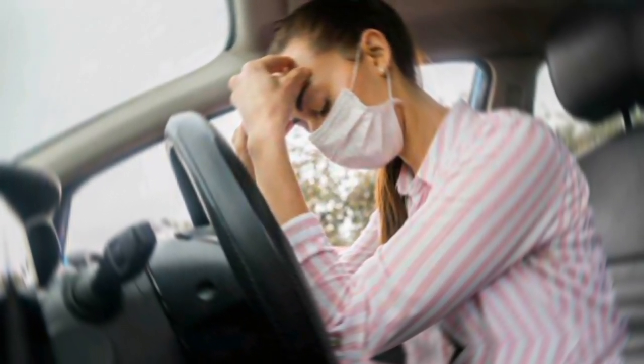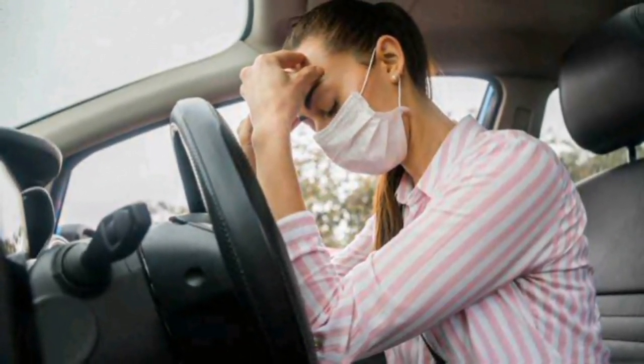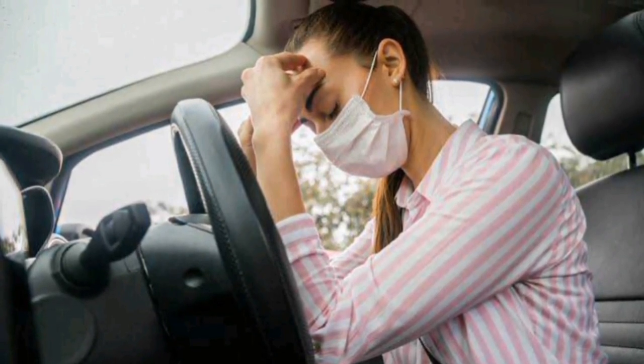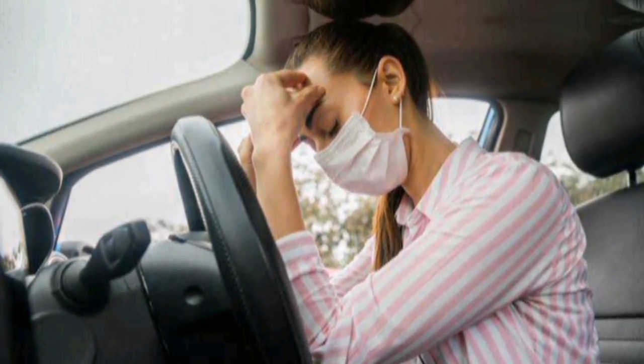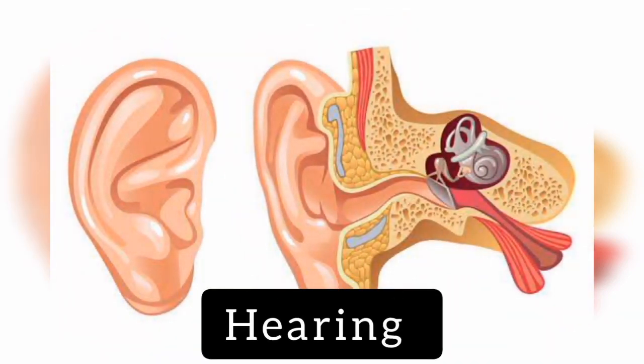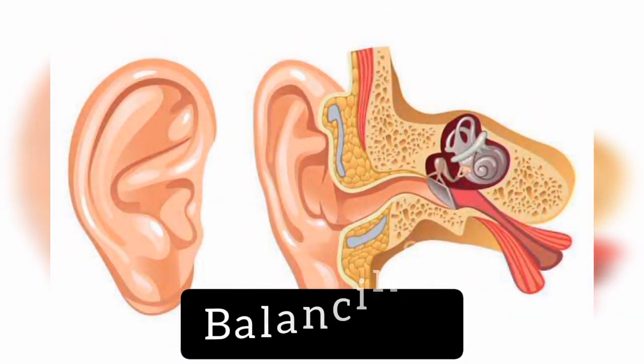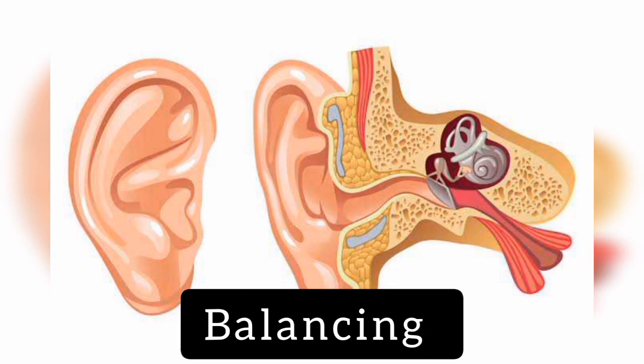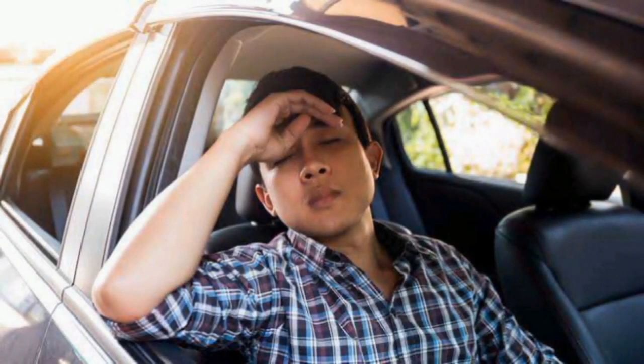So motion sickness occurs when there is a conflict between the signals that the brain receives from the eyes, from the inner ears, and other sensory receptors responsible for detecting movement and balance. At this point, I need us to understand that the ear does two works. Besides hearing, the ear is also responsible for balancing. The ear is responsible for telling you what position you are assuming at this moment, whether your head is tilted to the left or whether you are bent or whether you are standing erect and all. The inner ear or a part of the inner ear is responsible for that.